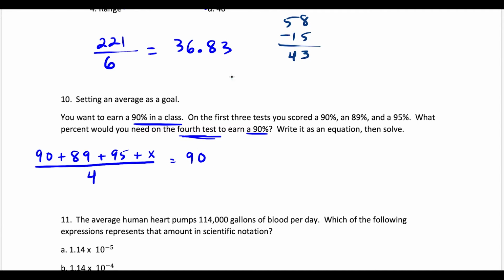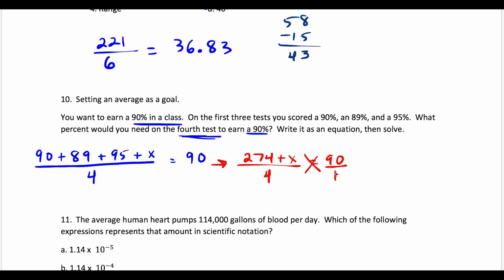But what I would recommend that you do first is simplify. Do 90 plus 89 plus 95. So we could simplify this a little bit. That's going to give us 274 plus X, and we're writing this over 4 equals 90. And now to solve for X, I'm going to call this 90 over 1, and we're going to cross multiply